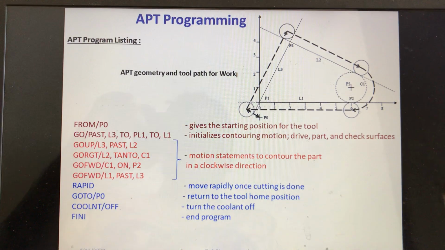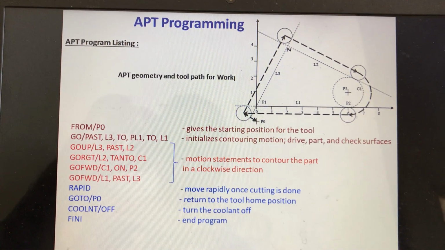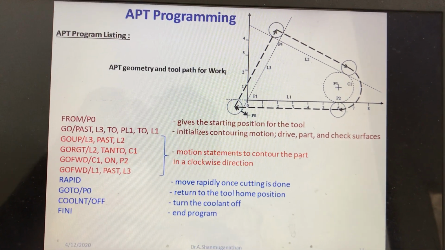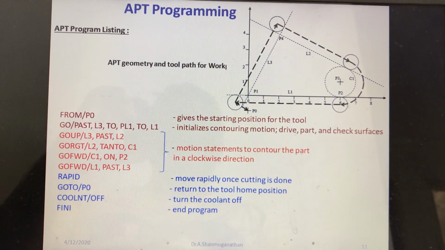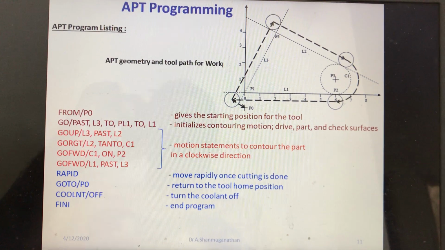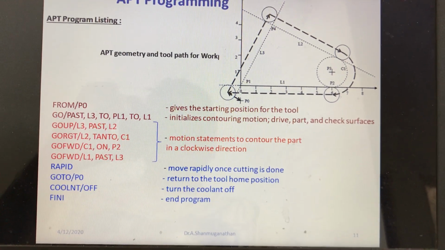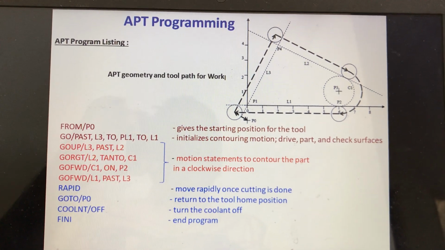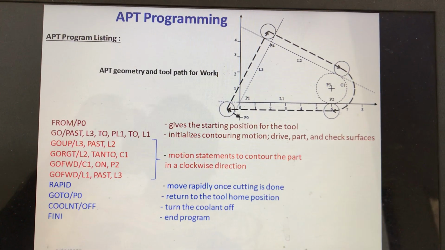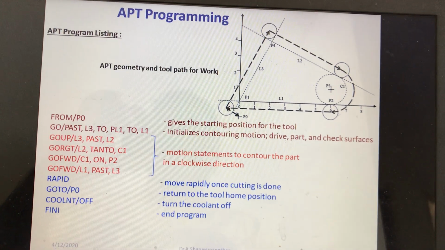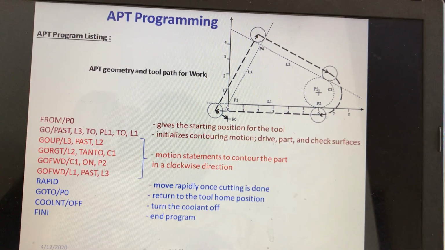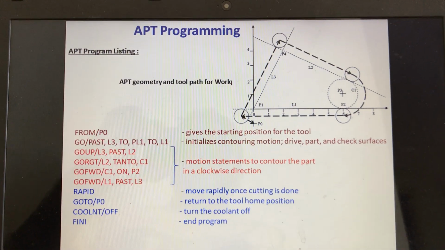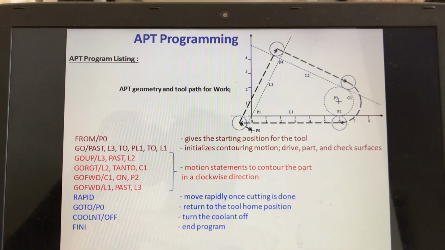Similarly the auxiliary statement has only 2 statements, that is coolant off, or defining the cutter diameter, and also telling finish program. Finish program means end program. For end program we have a command called fini, FINI. So these 4 statements are very useful in programming using automatically programmed tools. Okay, and that's all about this program.